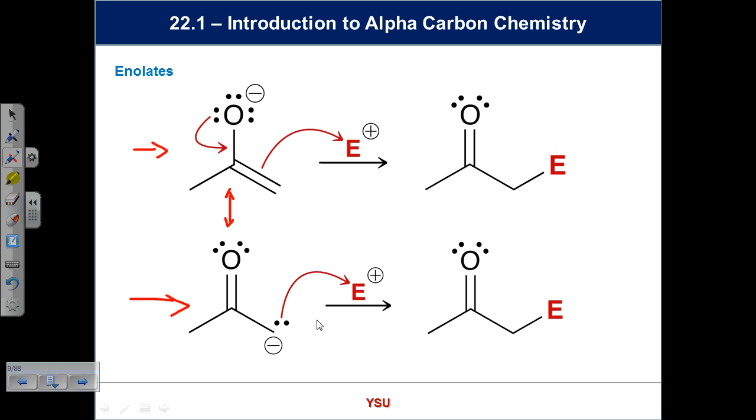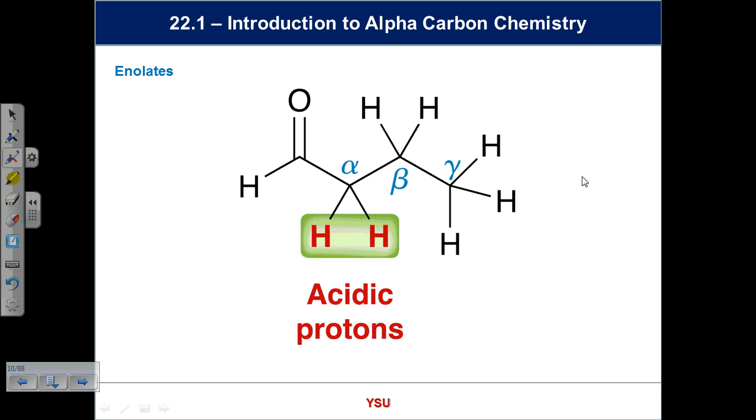So the point is that these two sets of arrows are the same. I don't mind which one you use. This one takes less ink. That's the only difference. But they are identical in terms of what you do, and they are identical in terms of the outcome. So the point is you will be drawing fairly soon resonance structures for enolates and then going after something. And it doesn't matter which picture you use to go after. I myself usually use this one, but it doesn't matter. Okay. Now, in terms of